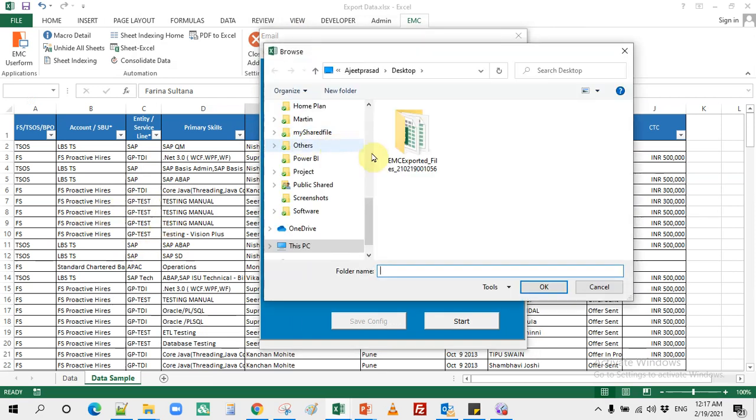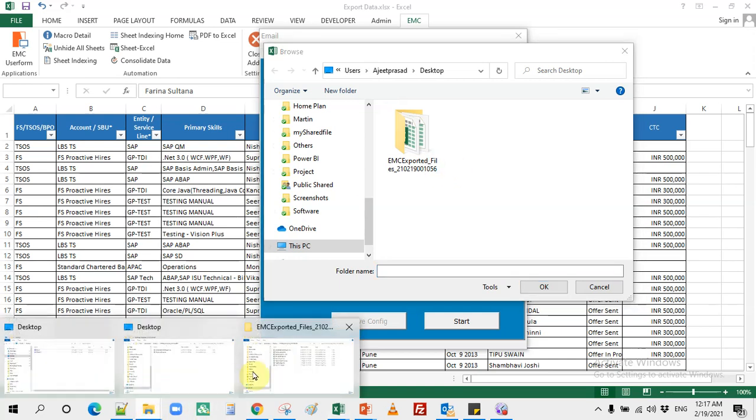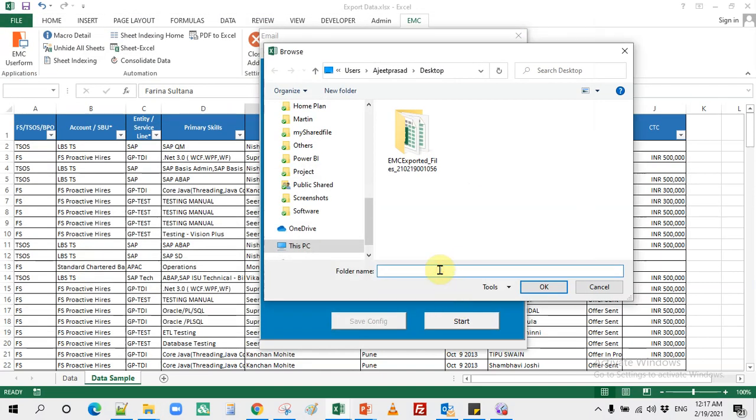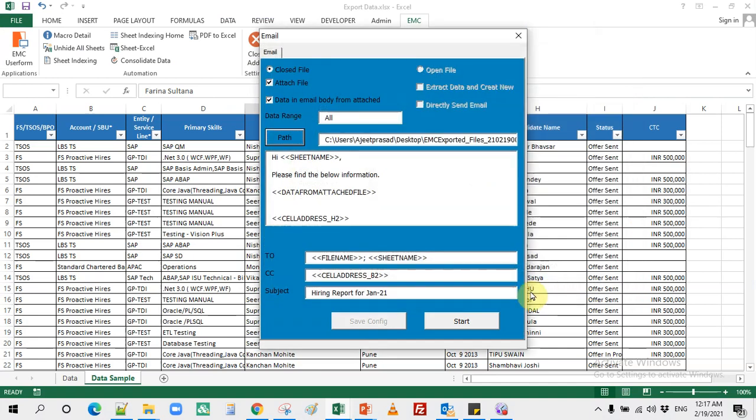Path, from where I want to use all files, so this was the folder, so let's go and I am making it here. Okay, so this is the path. Now I want all the data. I also want data in my email body and I want to attach the file as well.